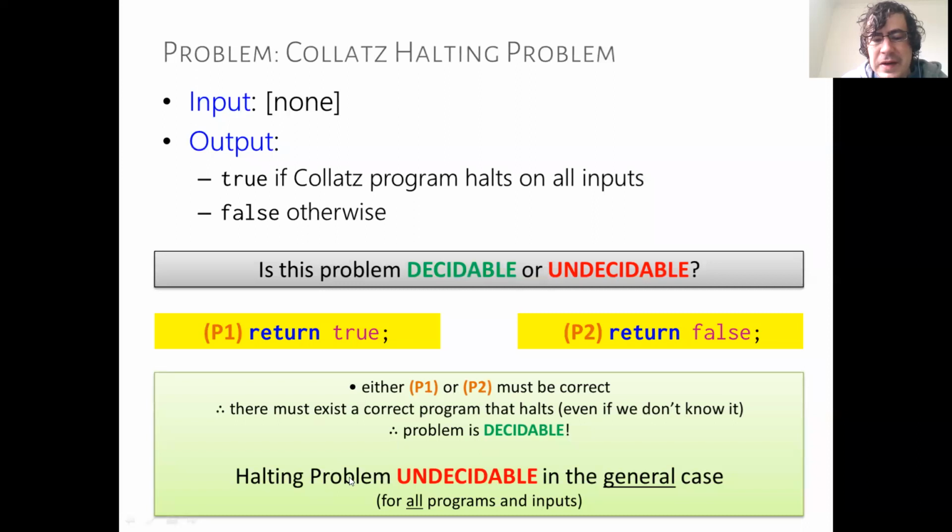So this is just to give an example of why the halting problem is undecidable in the general case for all programs and inputs. There's a generalized version of the COLLATZ problem that's known to be undecidable. In the COLLATZ program, we multiply by 3 and add 1, or we divide by 2. If we generalize that function and allow certain values to be changed and input into the program, and then we ask, does the COLLATZ program halt for these particular parameters, then that problem is known to be undecidable, for example.